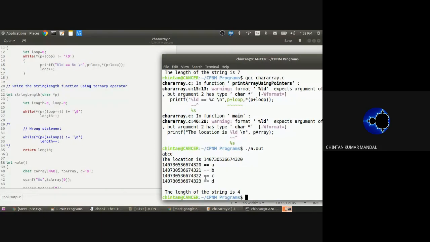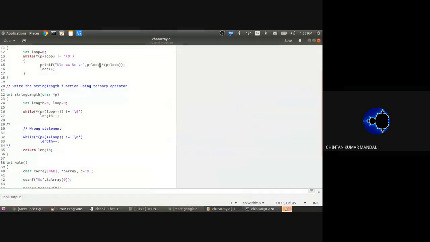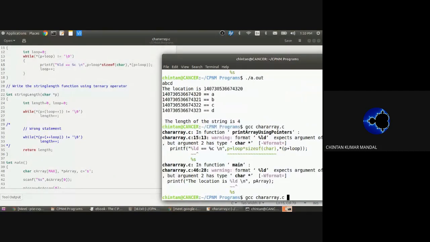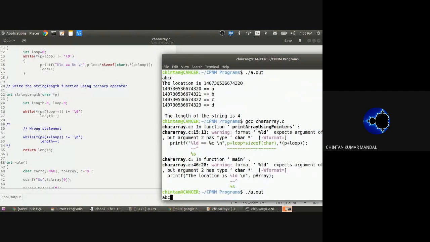অ্যাকচুয়ালি এটা 1 বাইট করে যাচ্ছে, এটা অ্যাকচুয়ালি হওয়া উচিত p multiplied by size of char। এইটা দিলে আমার পুরোটা বোঝা যাবে। দুটোর মধ্যে পার্থক্য কি আমি তোকে বলে দিচ্ছি।